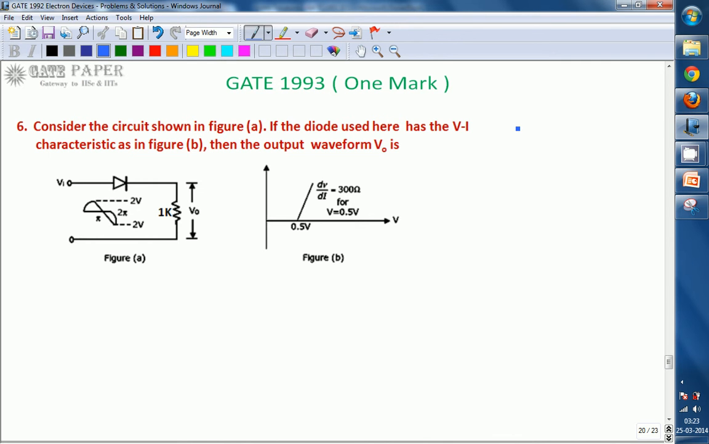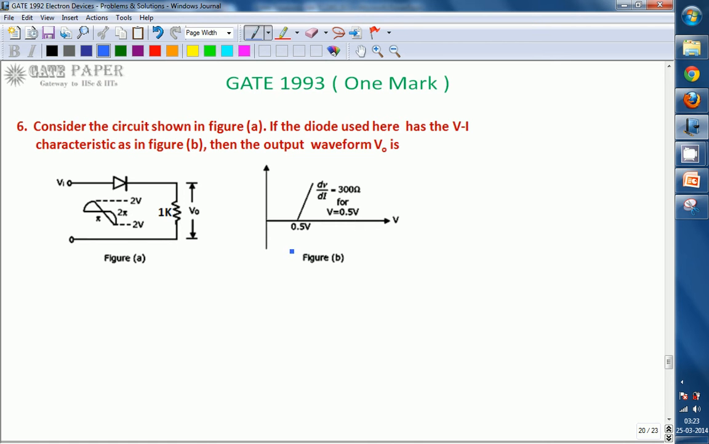The input waveform is a 2 volt sinusoidal signal, which goes towards +2 as well as -2. So if you apply a 2 volt sinusoidal input, what will be the output of the given circuit? The diode characteristics are given with the help of VI characteristics. From this VI characteristics, if you check this one,